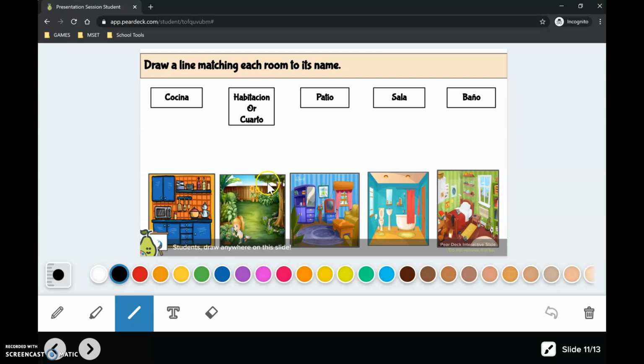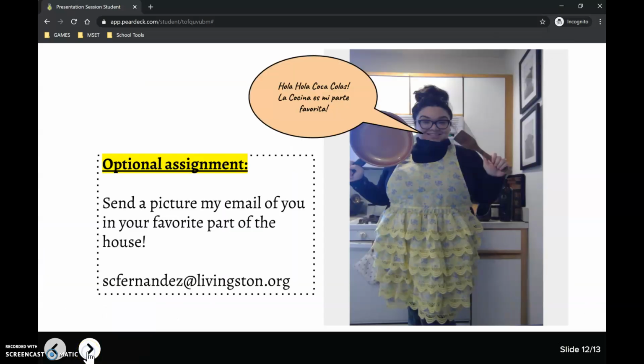So let's do one of these together. I'm going to choose this part of the house. What part is it? Is it la cocina, habitación, patio, sala, or baño? If you guessed that it is el patio, you guessed correct. So you do this for all 5 parts of the house. Once you've finished with all 5 parts of the house, click on the arrow